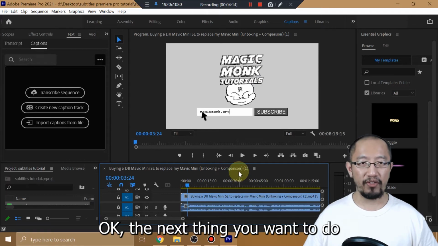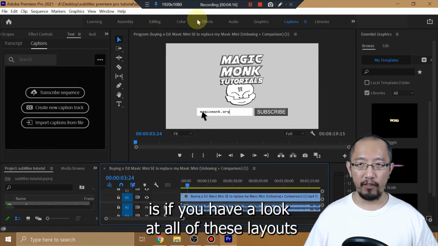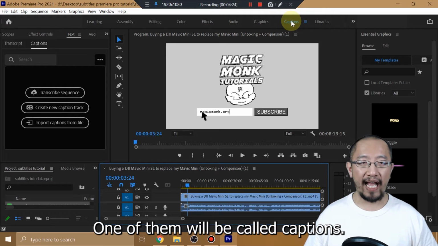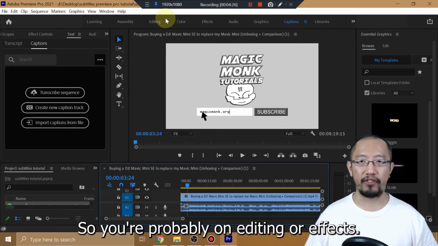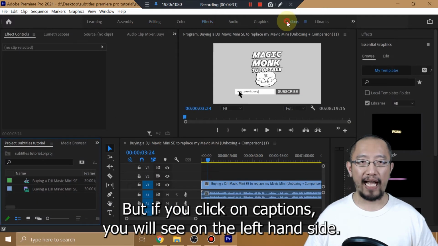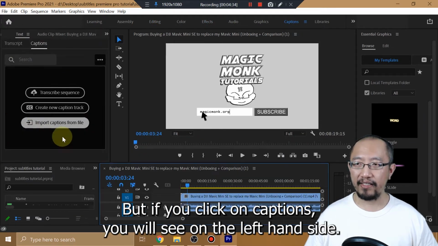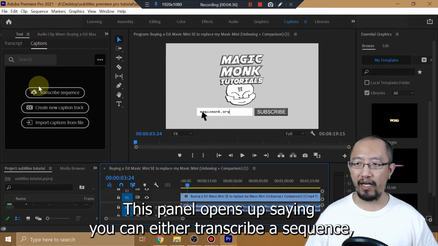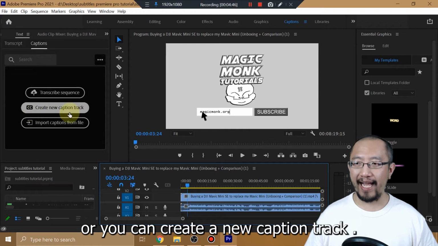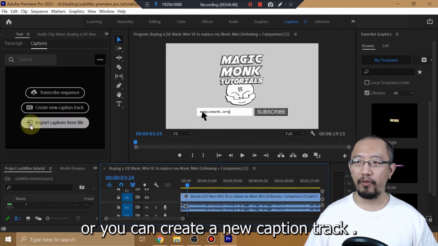Okay, the next thing you want to do is, if you have a look at all of these layouts you have on the top, you've got effects, editing. One of them will be called captions. So you have to click on captions. You're probably on editing or effects. But if you click on captions, you will see on the left-hand side, this panel opens up saying you can either transcribe a sequence, which is what you would do if you don't have that SRT file, or you can create new caption track, or you can import